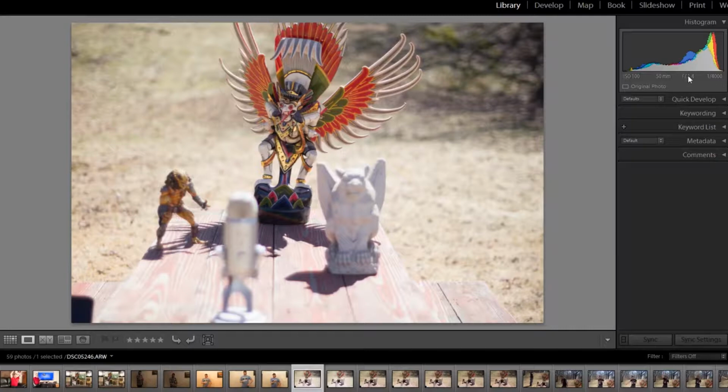This was taken with an f1.4. It's a small number, but it means that the glass is wide open. And as you can see here, we're focused on Garuda, and Predator is a little out of focus there. The Gargoyle, similar focus, and as you can see, the microphone is very out of focus, and the background is